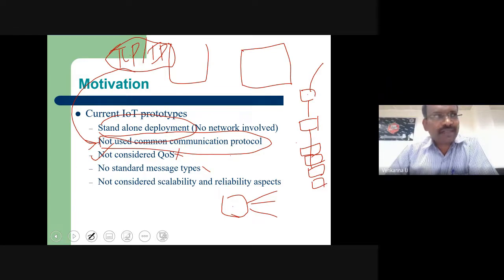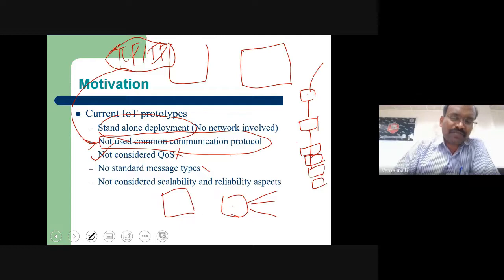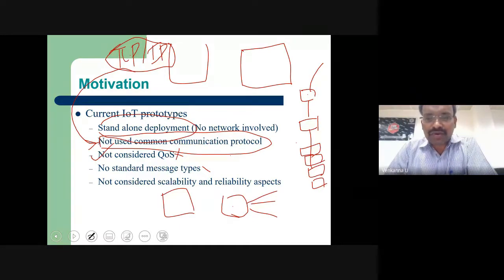When you go for the internet and use the TCP/IP protocol stack, and in that the HTTP protocol, there is a standard definition or standard message type mentioned for how you are going to use it.